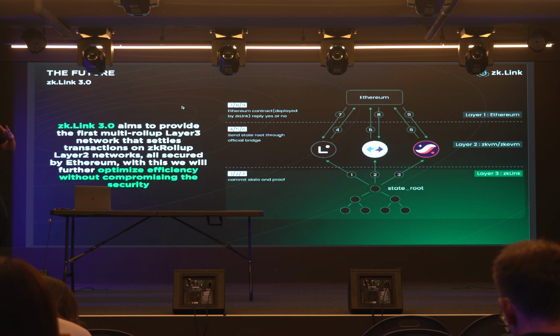This is still customizable, right? Some applications can still choose to deploy on zk EVMs, zk VMs, plus the OP rollups. But to strictly derive the security from Ethereum, we do this through zk EVMs and zk VMs. This is an example in this graphic. We do this, for example, through Starknet, Linea, and zkSync, and they will indirectly post the transactions to Ethereum through the official bridge contract to achieve final finality.